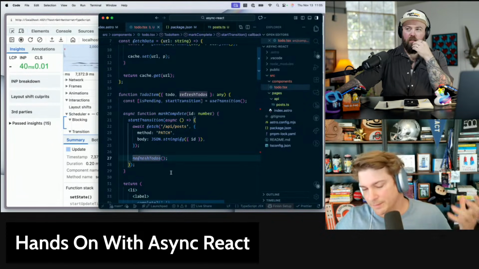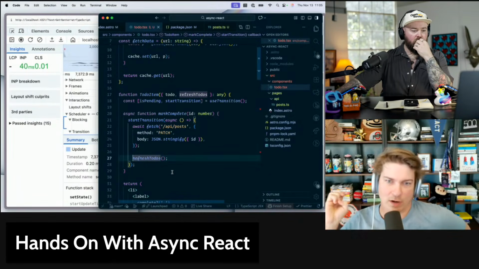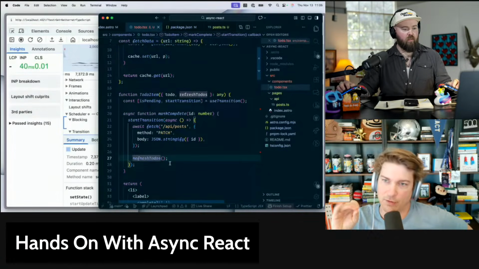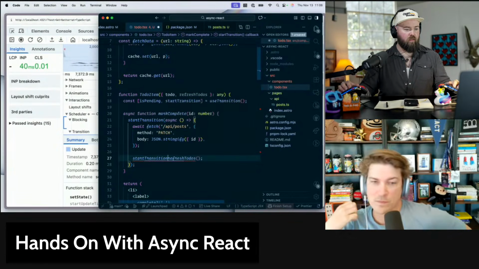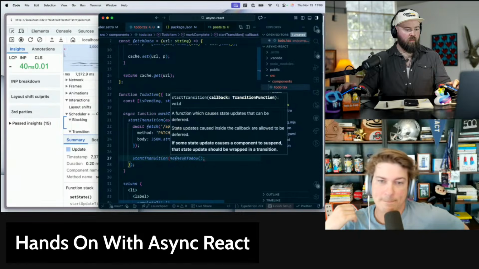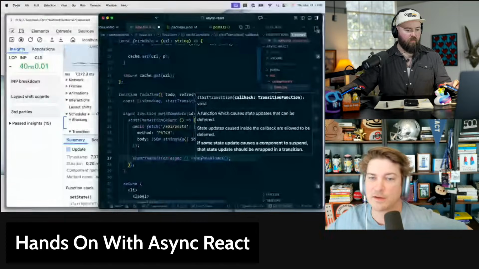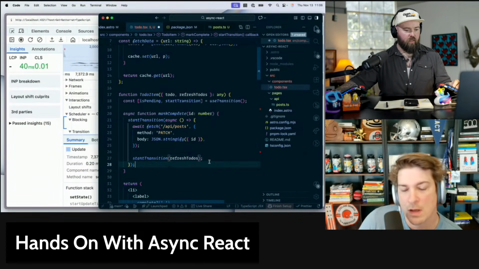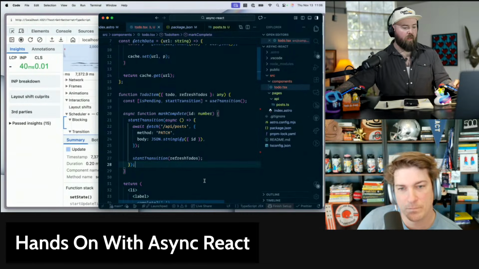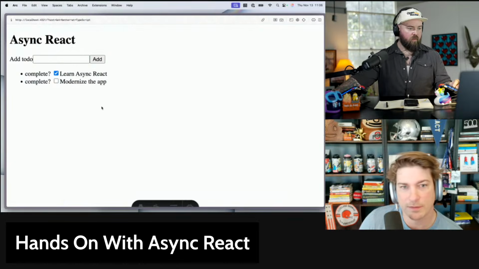There's this JavaScripty thing that is a huge pain right now, where you have to wrap that refresh todos in an additional start transition after the await. So just add another start transition. Like this? It doesn't need to be async. But can it just be like this then? Yeah. Okay. And now our issue should be fixed.